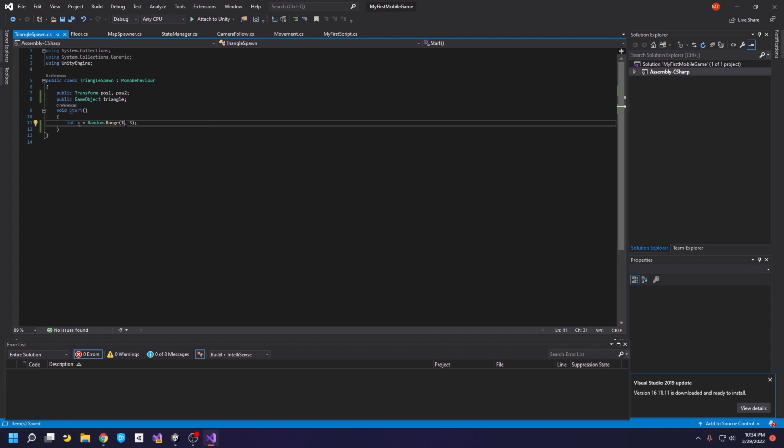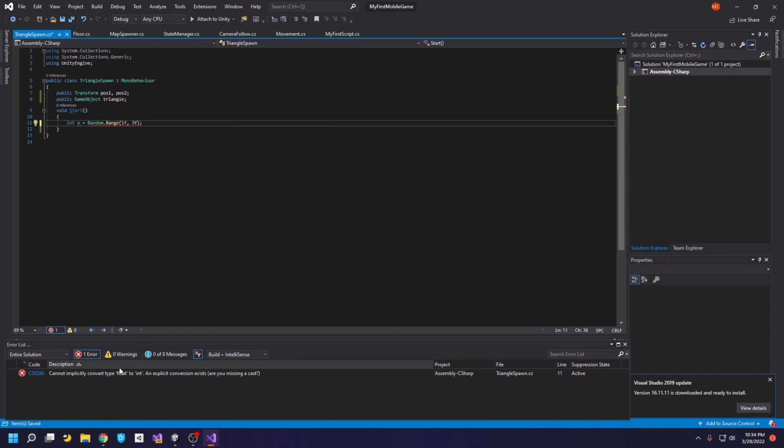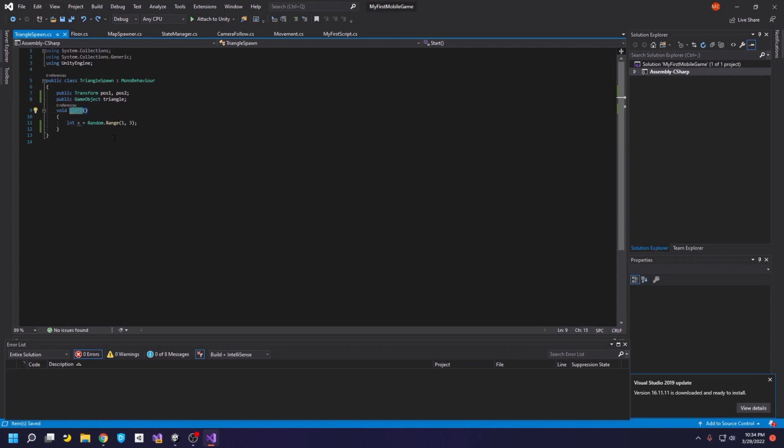If, for example, I put an f here, it's going to give me a random float. So it's either going to be 1 or 1.1 or 1.2, 1.3. But obviously that's going to give me a few issues here because I'm storing an integer. So I'm not going to do that this time. I'm going to store a random integer from 1 with a maximum of 3, but that's actually going to be 1 or 2. If I make this void Update, so it happens every single frame, and then I go print